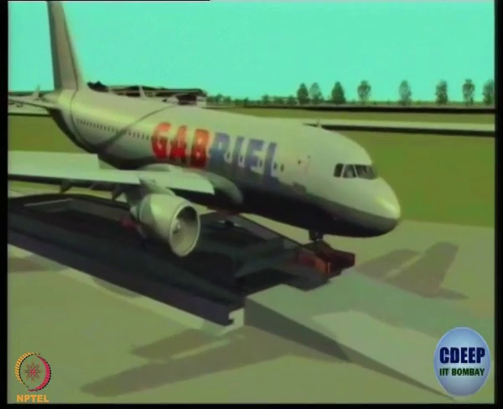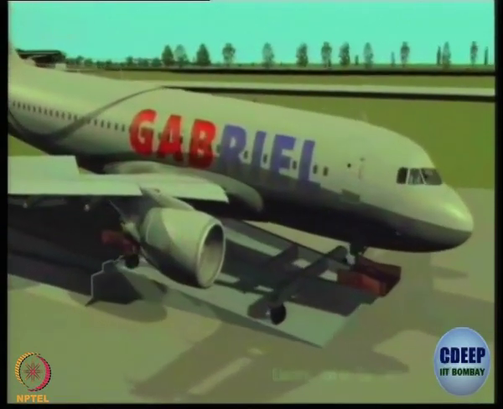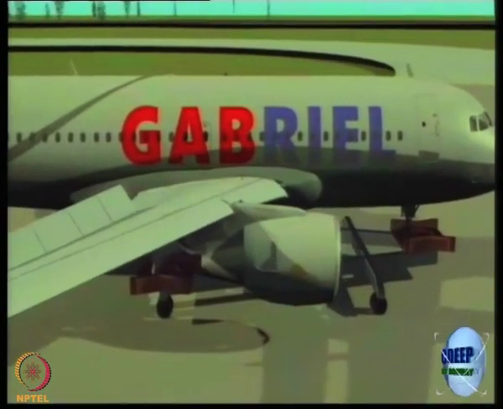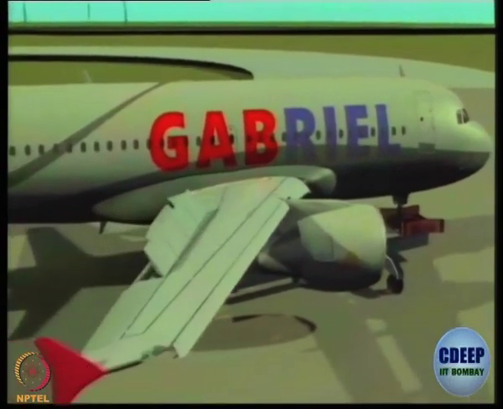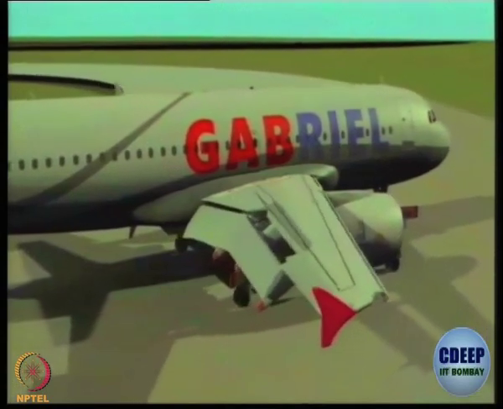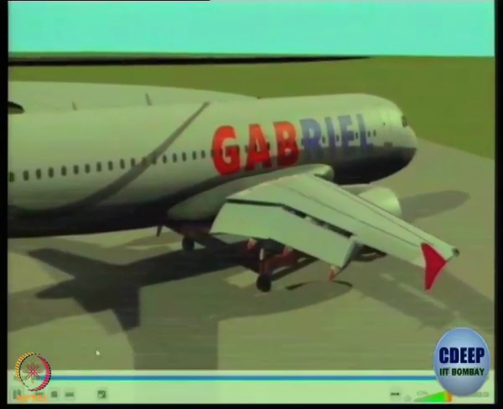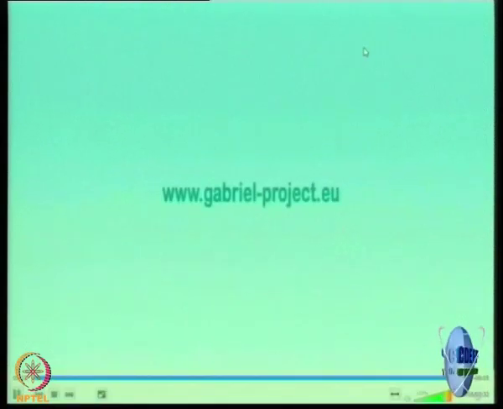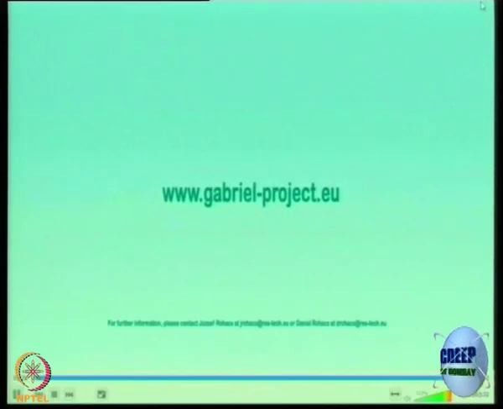To facilitate ground taxiing, the cart will be decoupled from the sledge, and with the help of its own electric motors, it will move the aircraft around the airport. The maglev runway is a high-level concept, but the early experiments are promising. This, along with the magnitude of the potential benefits, qualify Gabriel for further research.